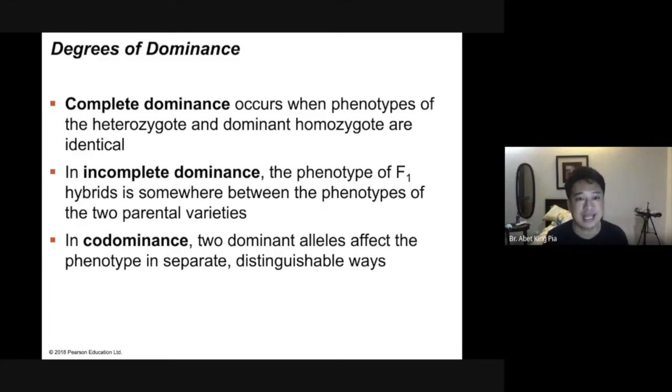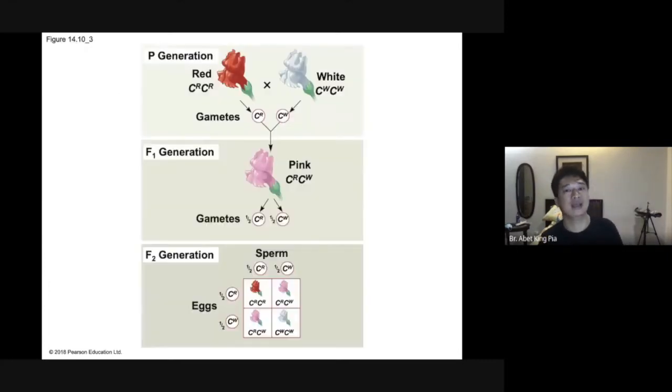So that is for the degree of dominance. Now, ito yung makikita po ulit natin sa slide. We have the parental generation. Remember, again, paulit-ulit natin sasabihin na pag sa parental generation, we can only use pure line or true breed. Yun lang yung pwede nating mate or i-cross. So in this example, you will see, okay, may mga nagtanong, paano po yung letter na gagamitin